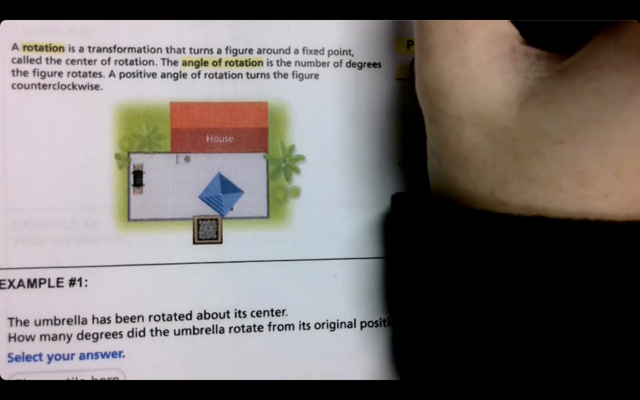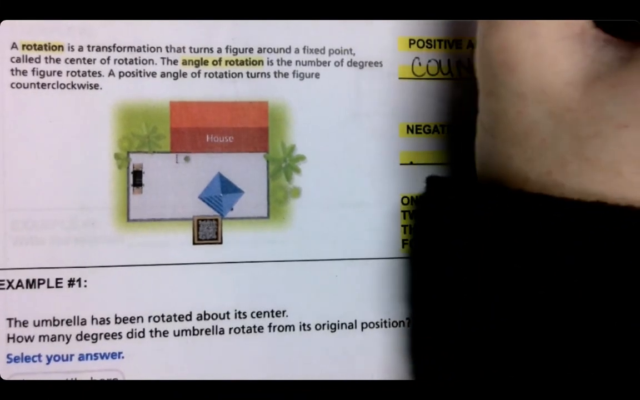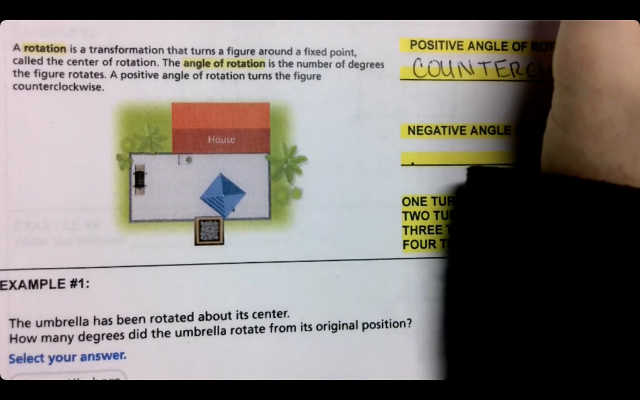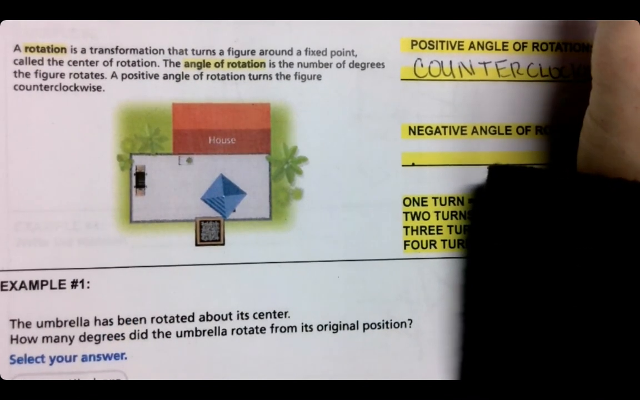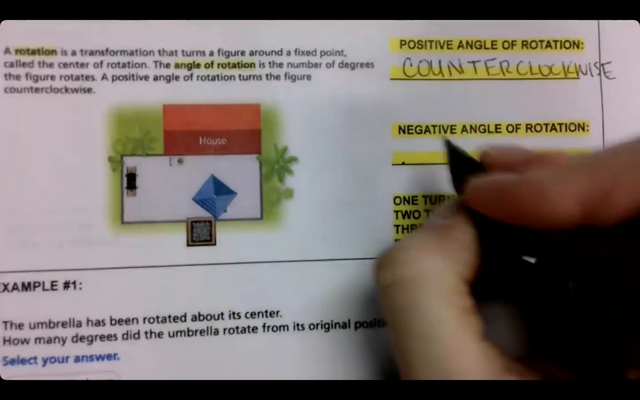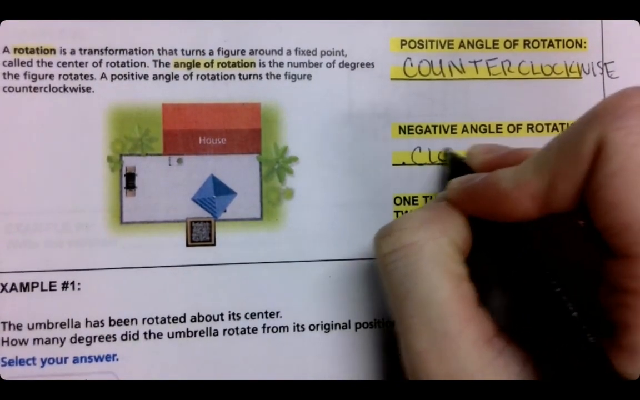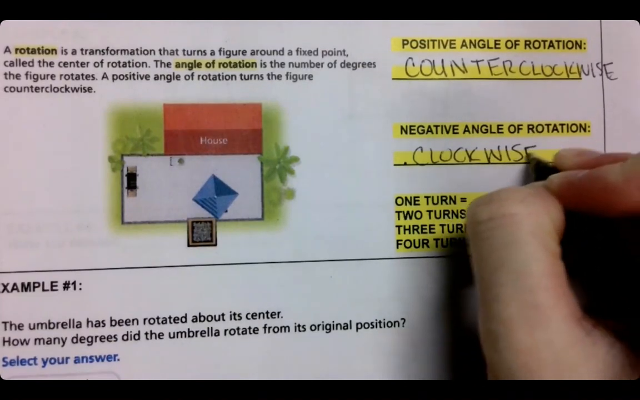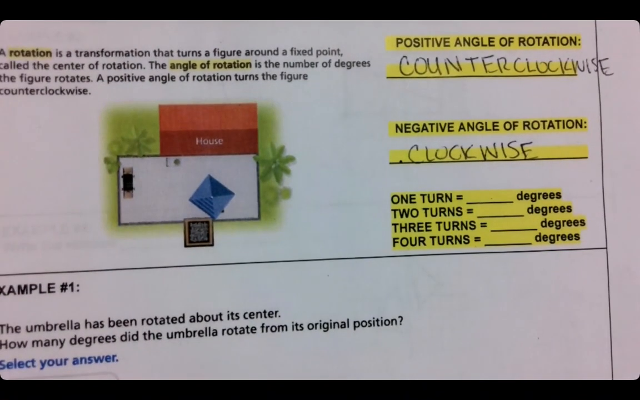So on this line right here, we are going to write counterclockwise. Counterclockwise, meaning negative is clockwise. So for what you are doing in 8th grade, a lot of these are going to